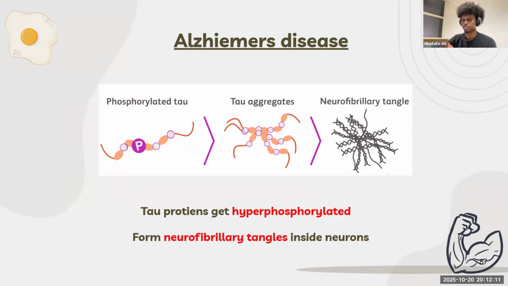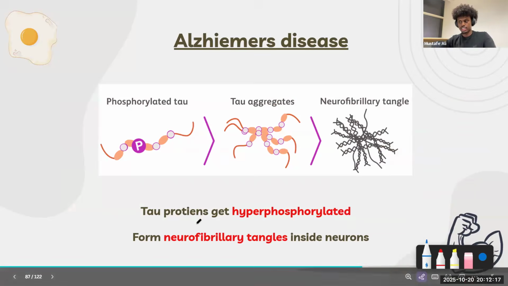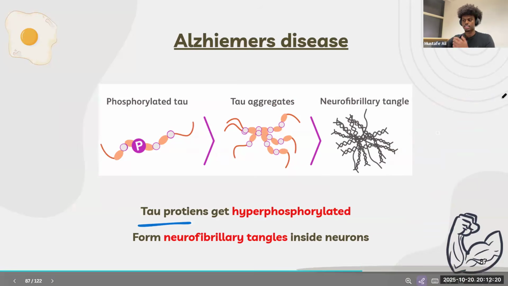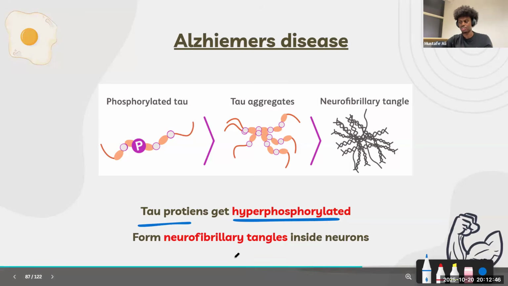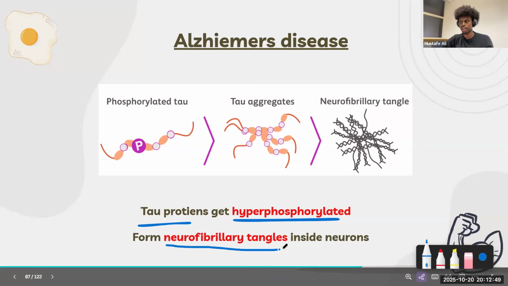All right. So this is one part of the disease. Now, something else that happens in Alzheimer's disease is that there are these tau proteins. What these tau proteins do in a normal person is they are responsible for the microtubules inside of the cell. They're important for structure. Anyhow, tau proteins in Alzheimer's disease get hyperphosphorylated. Because they get hyperphosphorylated, they become really sticky. Once they become really sticky, they form these neurofibrillary tangles, which are present inside of the cell.